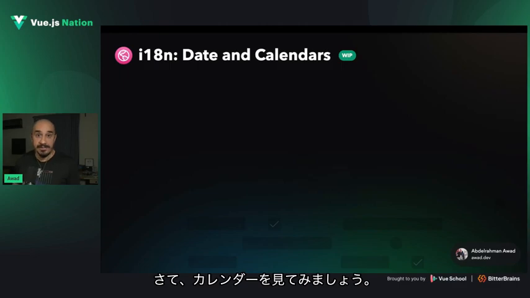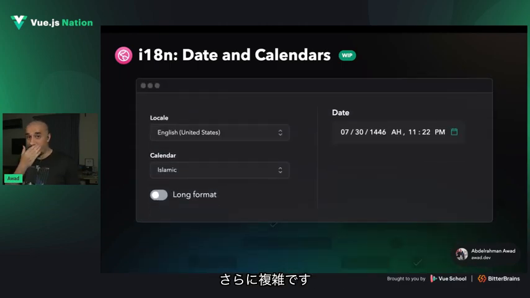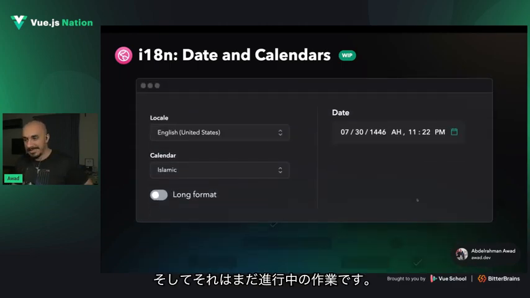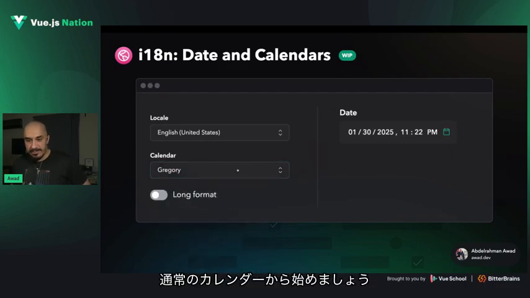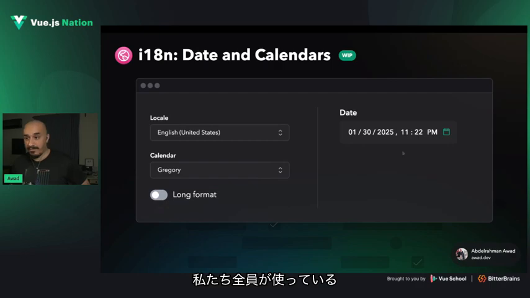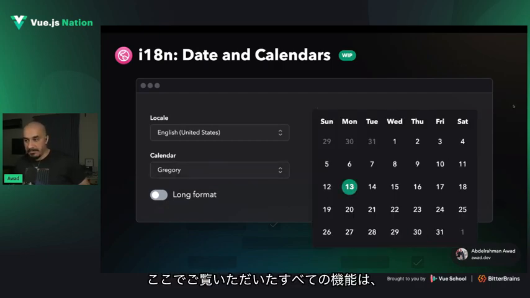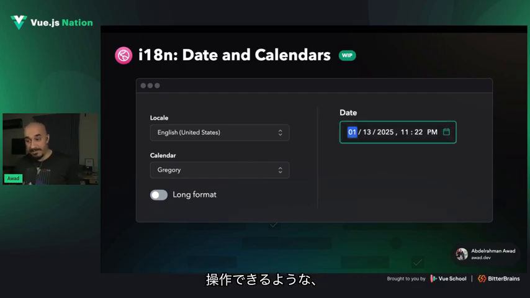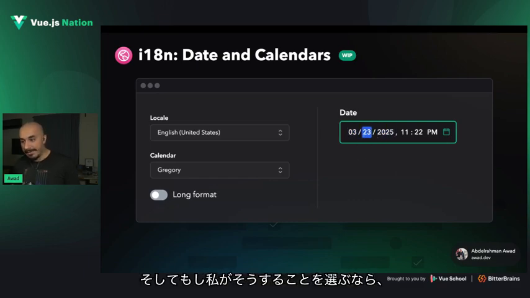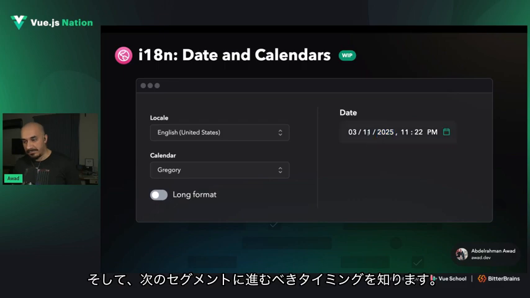Now let's take a look at calendars, which is even more complicated, and it's still a work in progress. It's still in a PR. We aren't really finished with it. So I'll start with the normal calendar that we all use, the Gregorian calendar, and all of the features that you see here, like being able to manipulate the individual segments with arrow keys or just typing in them, it just works. And it knows when it should move on to the next segment,